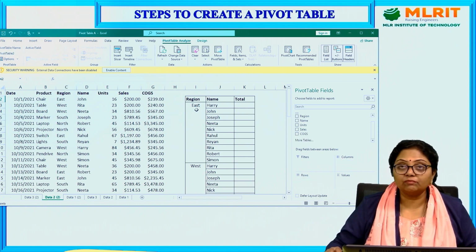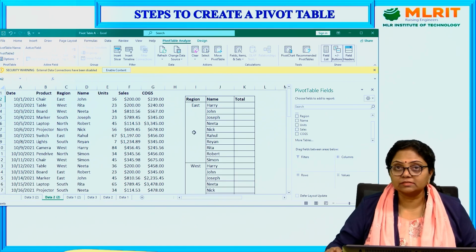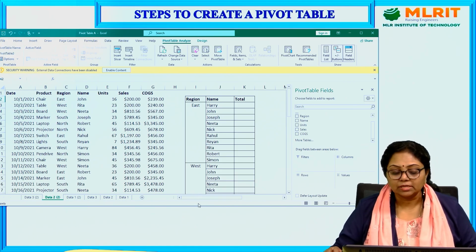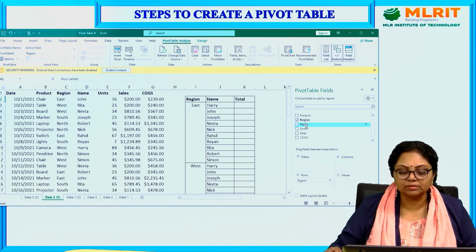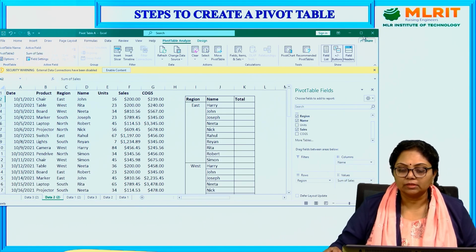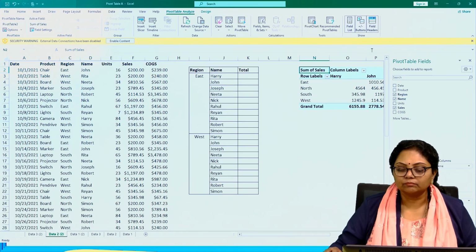See, here we want east, west, north and south, the directions, that is regions, on the left hand side. So simply I am selecting the region and dragging it into the rows, and the names of the persons into the columns, and I want the total. Okay, total, sum of the total. Now if we can see here,